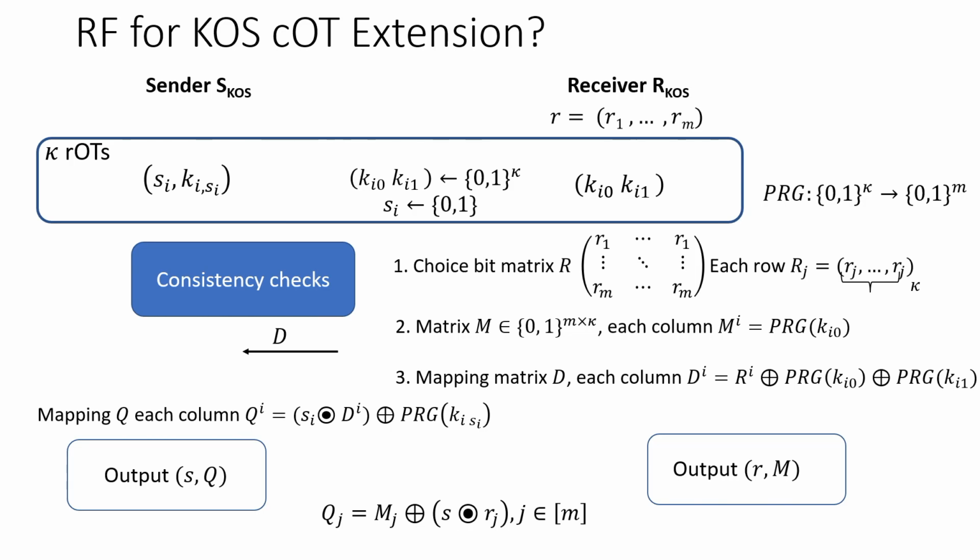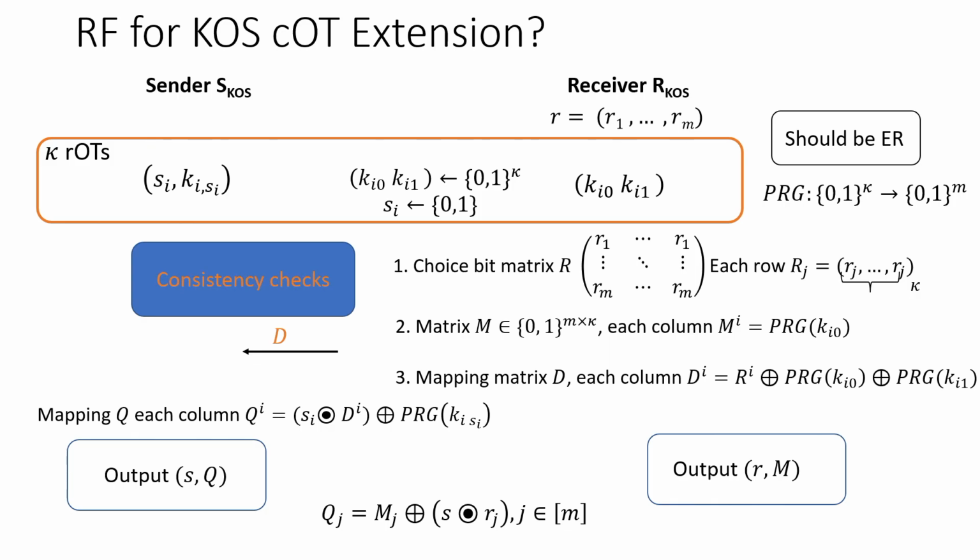Now, if we think about how to construct a reverse firewall for this, let us look at what steps in this protocol can actually leak in the presence of a tampered implementation. So first, it could be that the base OTs are itself not exfiltration resistant. It could leak secrets. So this should be exfiltration resistant in order for the OT extension protocol to be exfiltration resistant. And second, we have to worry about this matrix D that the receiver sends. That could be either leaky, or a malicious receiver could trigger a tampered sender by sending a bad, not well-formed D. And third, the consistency checks must also be exfiltration resistant.